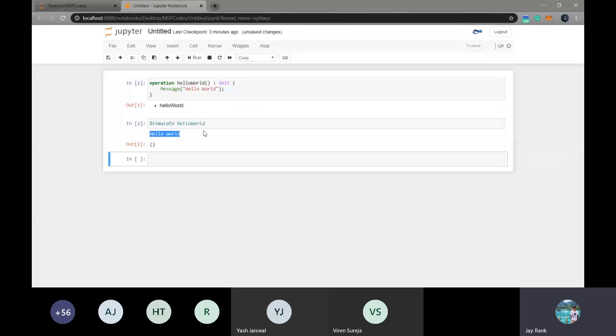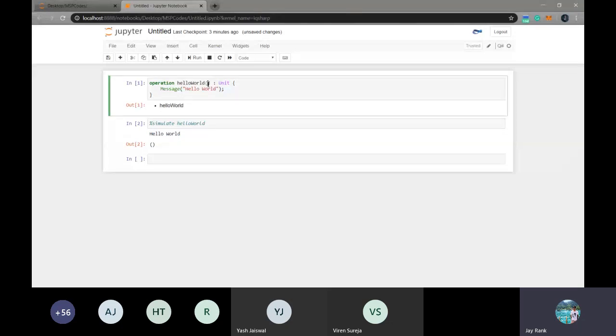So now let's say I want to pass a name and I want it to be printed. Basically an operation that takes a string as an input and outputs the name. So I'm giving it the variable name, and the data type is string.